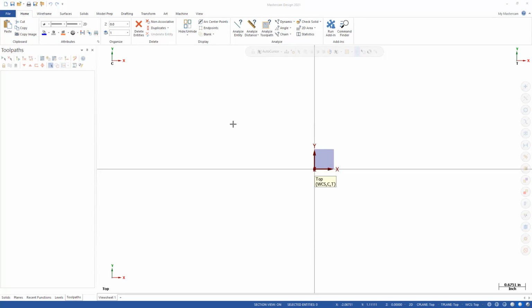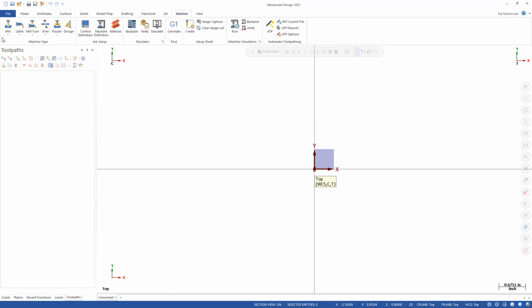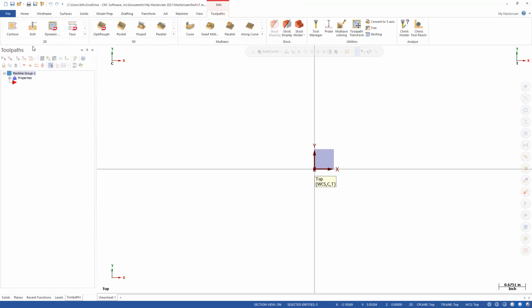In this lesson, we'll explore the Mastercam Tool Manager, including both the integrated and standalone versions. To start, I'm going to pick a machine from the list, and in this case, I'll pick the generic 3-axis Haas. Now, before we get into the Tool Manager, I'm going to quickly go down to the Properties section and